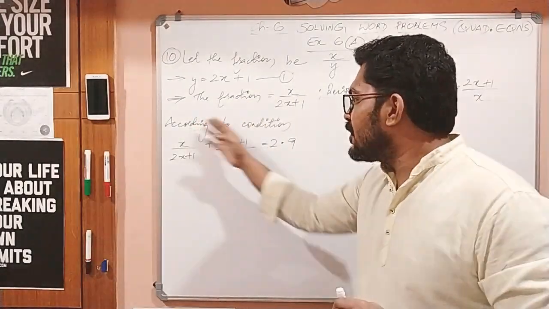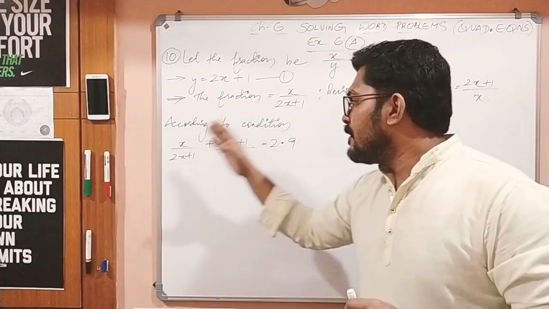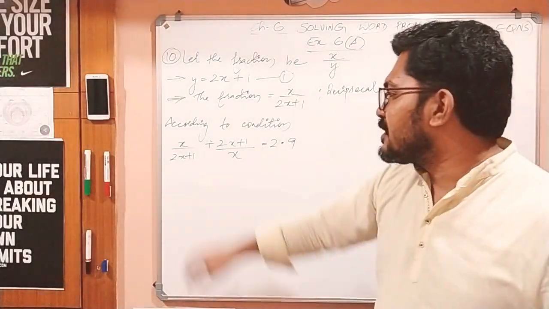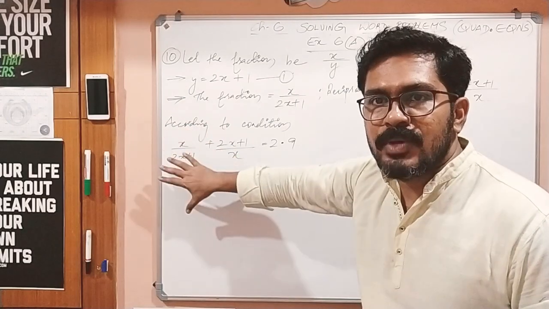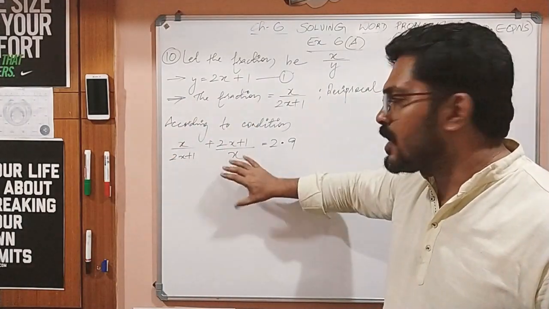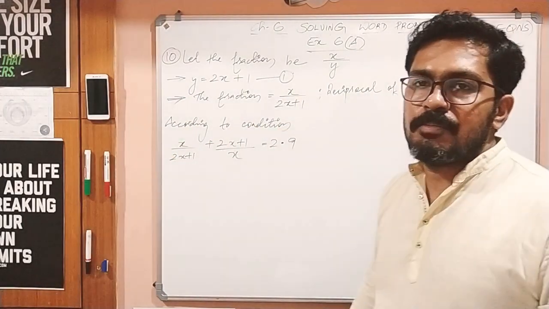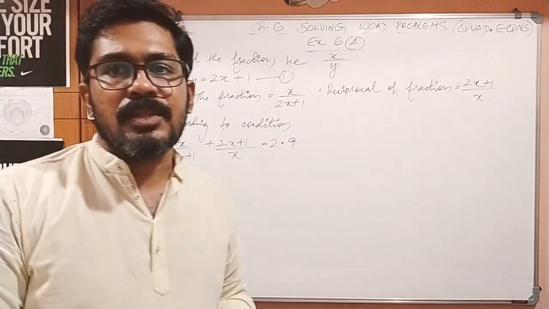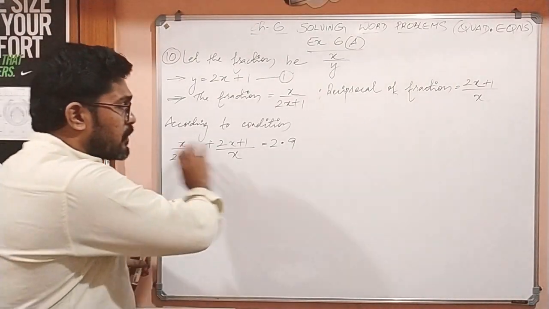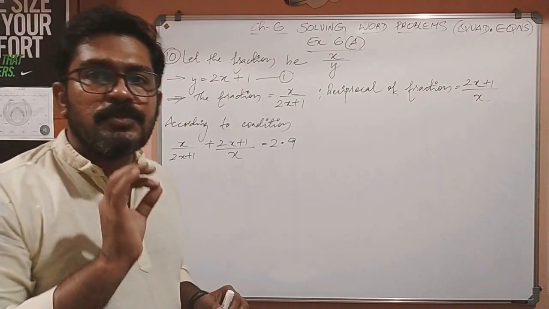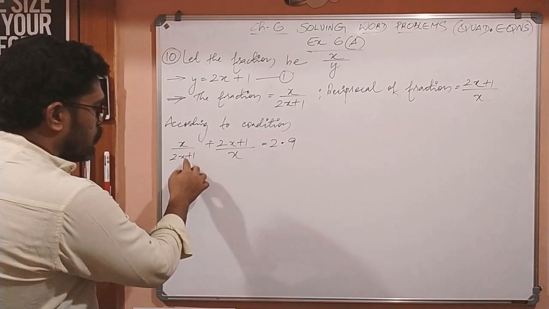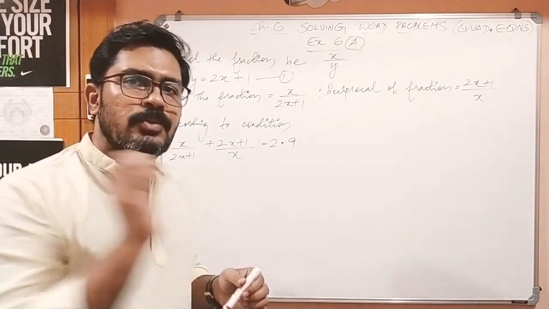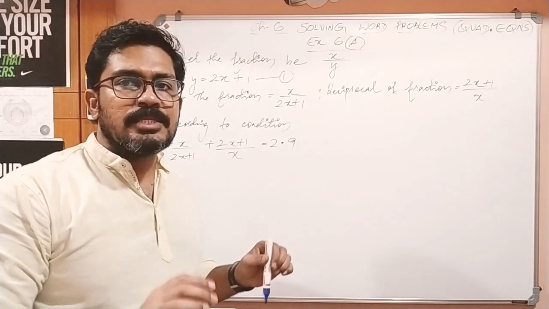So children, according to the condition, the fraction plus the reciprocal of the fraction is equal to 2.9. That's why I have written x upon 2x plus 1 plus 2x plus 1 upon x is equal to 2.9. Now children, how we can further solve this sum? Children, you can apply the conventional method of using LCM, isn't it? 2x plus 1 and x. What is the LCM? 2x plus 1 into x,